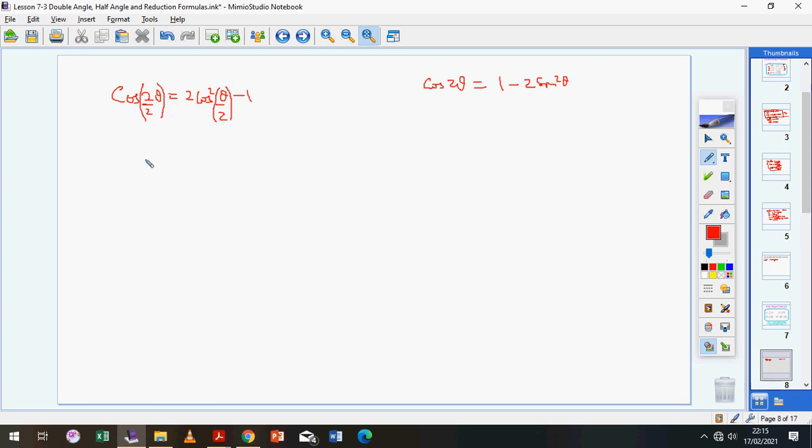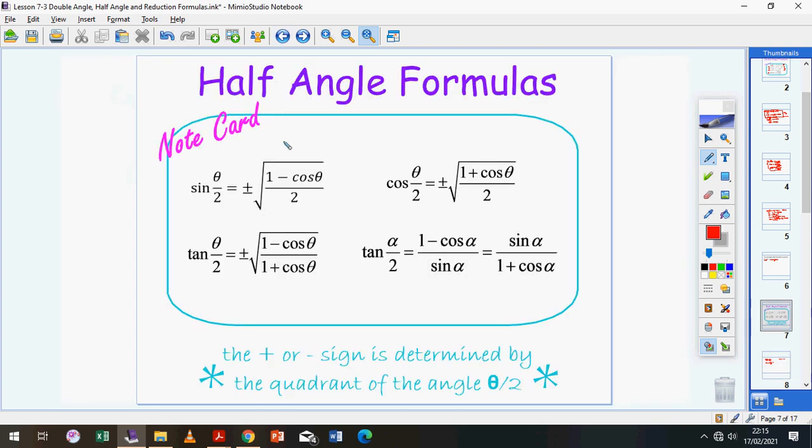When I divide this angle by 2, on the left I'll be left with just cosine of theta, and on the right I have this beautiful cosine squared theta over 2. This here is what we call the half angle, right? Because the angle has been halved, half angle. And the half angle formulas are basically an expression of